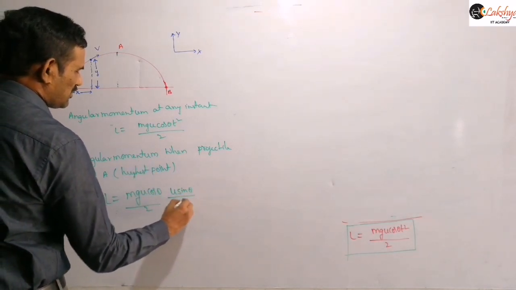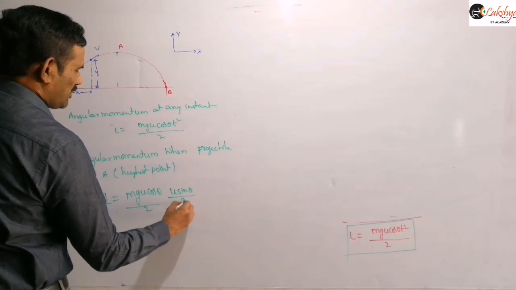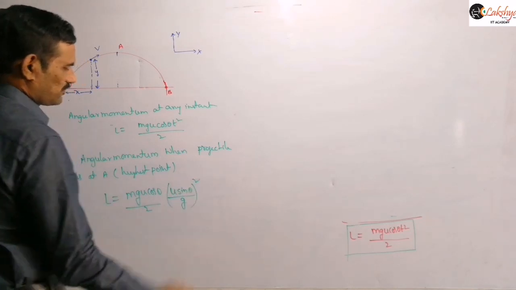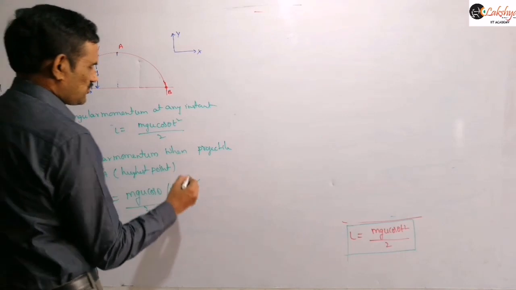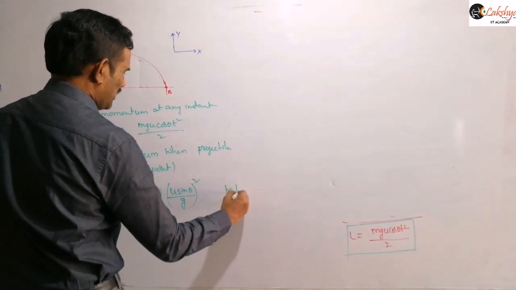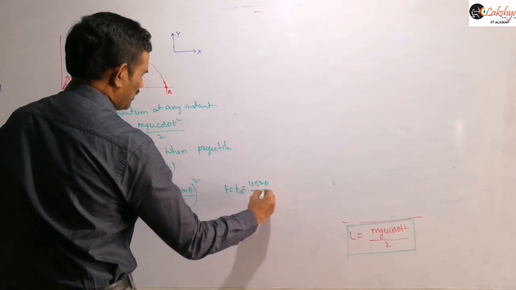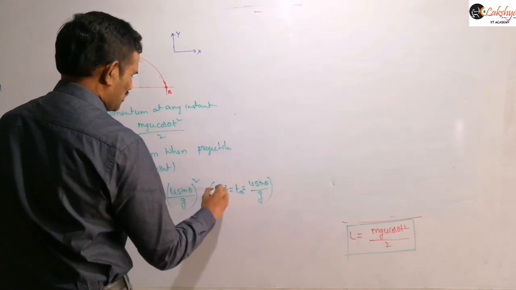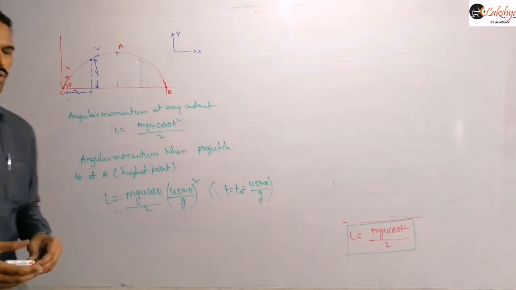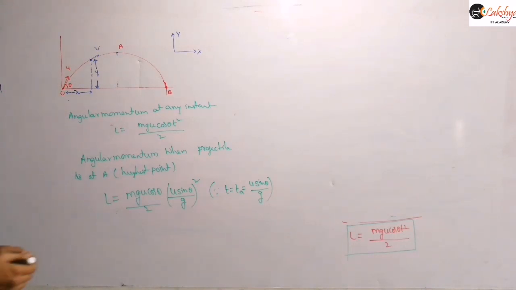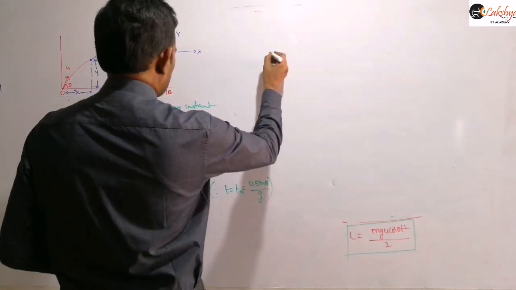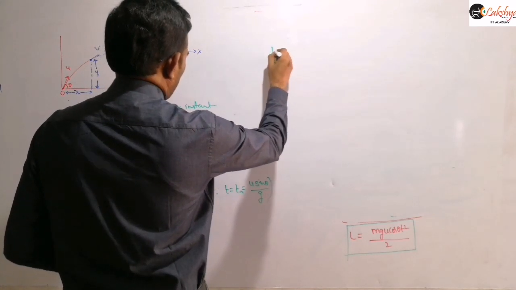Time of ascent is nothing but u sin theta by g, whole square, right? Because t square is there. Just what we are substituting is t equal to the time of ascent, which is nothing but u sin theta by g. Just we are doing that substitution here. And now let us simplify this equation, so that you will get L is equal to